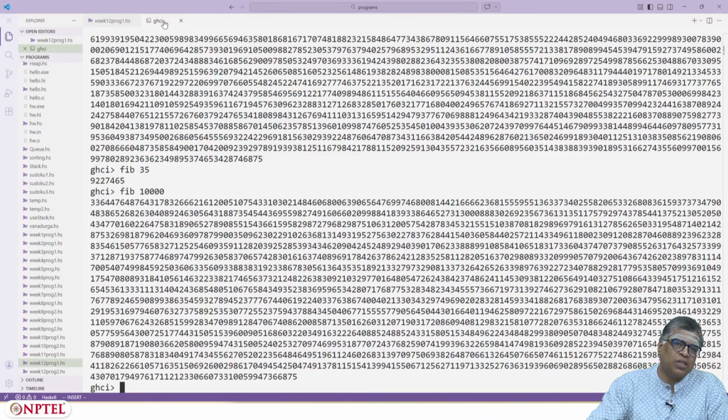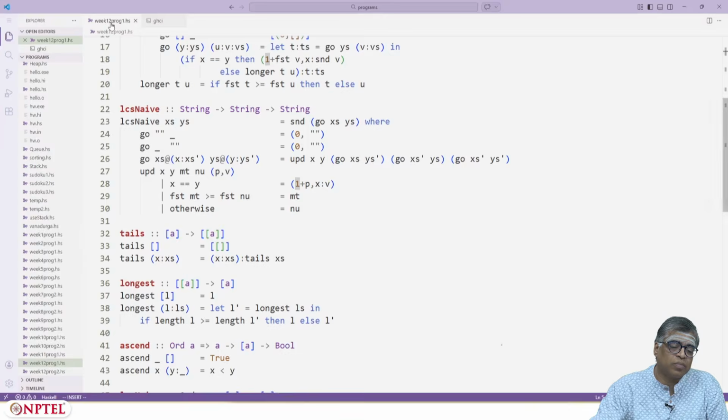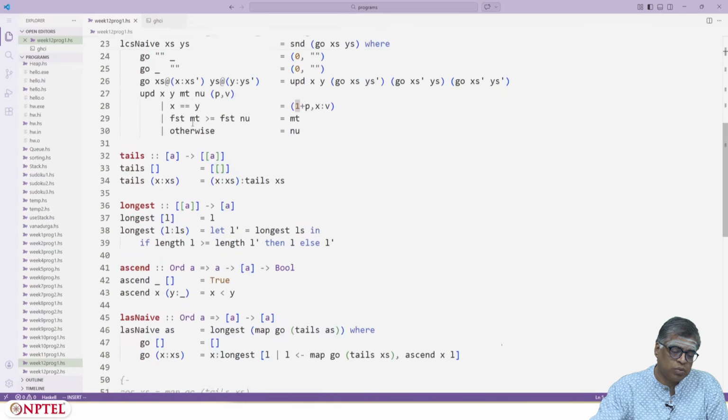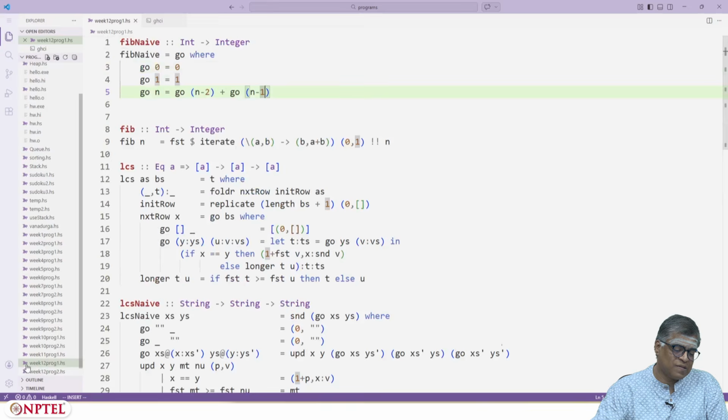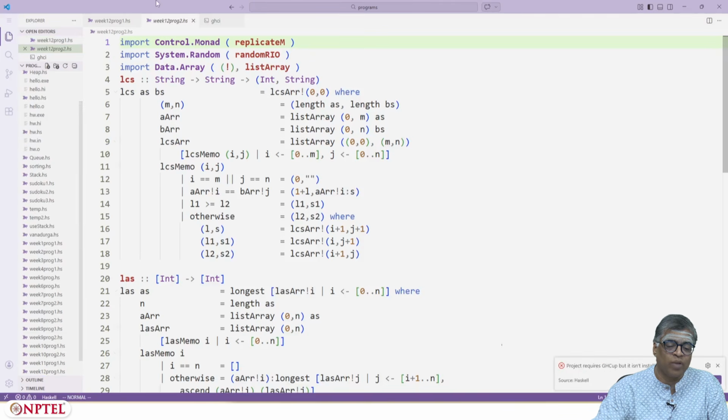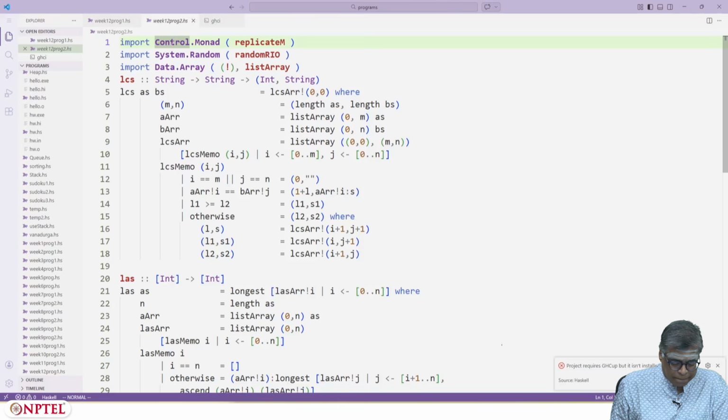So let's compute LCS naive of... I also have some routines to generate random strings, let me copy these functions.